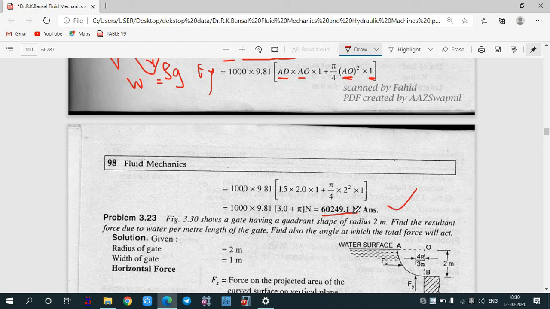For the calculation, you must try to do it by yourself, because it will be easier for you if you try to do it on your calculator. Otherwise you will face problems later if you directly try to do it in your exam. So before that you need to practice it, so try to do the calculations on your calculators. Hope you have understood this. I think this much is only related to your hydrostatic force. Then we will start with a new topic in the next lecture.